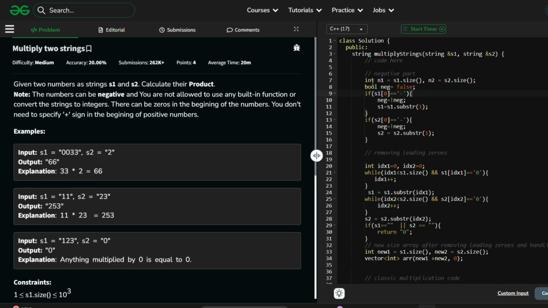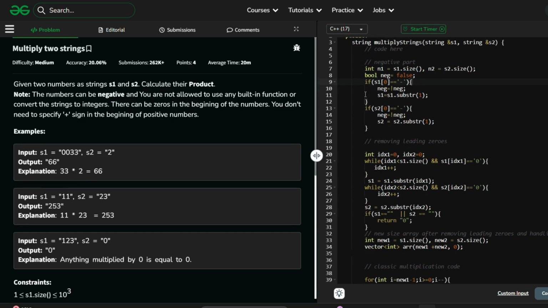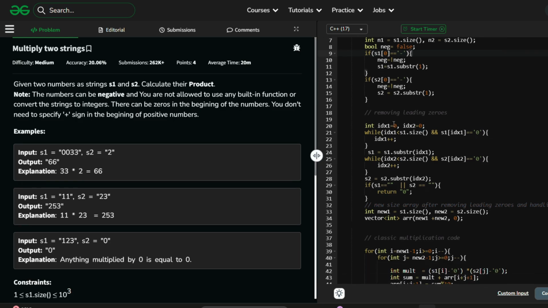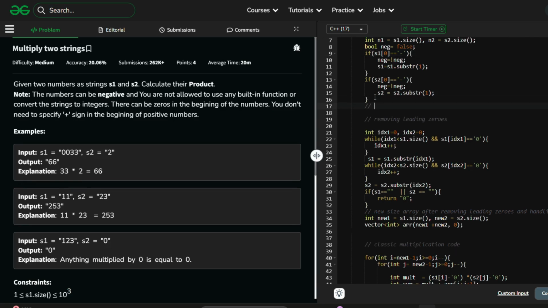I've used a bool variable to check that. Suppose the number is -1234 as a string, so we remove the minus sign and the number becomes 1234 as a string.